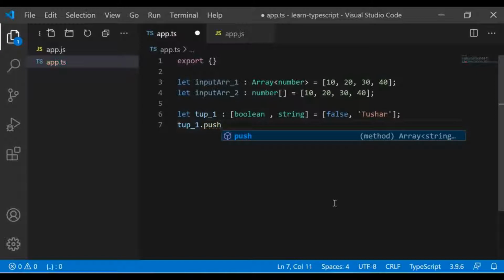One more thing we can do, we can push other content here. Okay, we can push a string or like this thing should work here. Let's see.